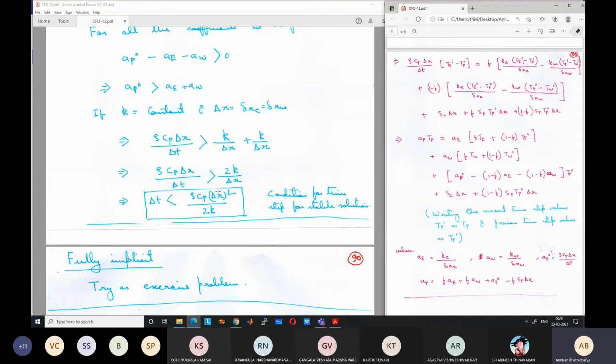Because in implicit method, you need to do a matrix inversion or use TDMA to solve the equation simultaneously. In explicit method, you don't need simultaneous solution. You can solve the equations one by one directly. It is much faster. So single time step is faster for the explicit method, but you may need very large number of time steps if the grid spacing is small. Like this we have to think.